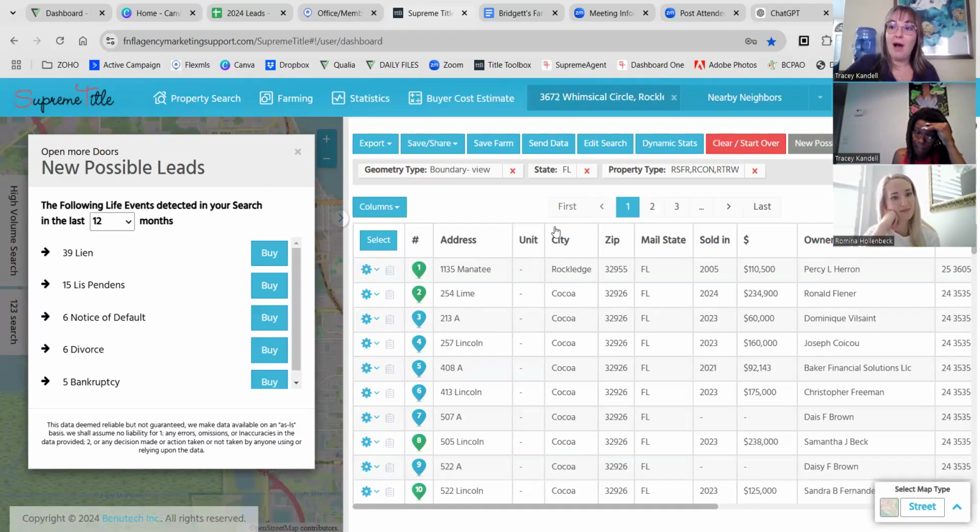So right now, out of these 3,700 properties, 39 of them have liens. 15 of them have lis pendens. 6 with notices of default. So you're looking at this with me. This is a valuable list right here. Right? So now you can really get a full scope. So we saw that we had the 6 divorces, but maybe I wouldn't buy divorces because I have 39 liens